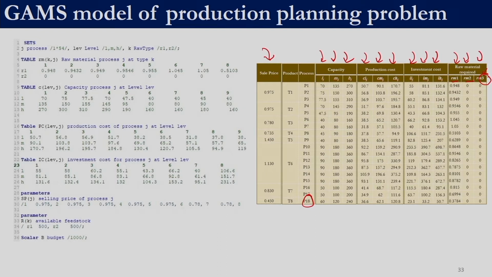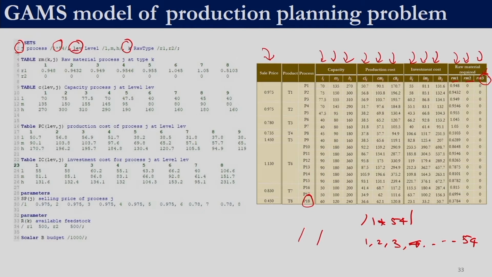So what we are doing here is we are defining three sets, the first for the process J, which can be the name of the process, or we can just have numeric values. So we are writing 1 star 54. This is equivalent to writing 1 comma 2 comma 3 comma 4 all the way up to 54. So compactly it can be written as 1 star 54 within those slashes. Remember whatever we give within slashes corresponds to the values of that particular set. So now set J has 54 elements, 1, 2, 3, 4, 5, 6 all the way up to 54.